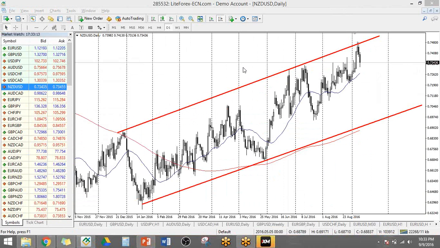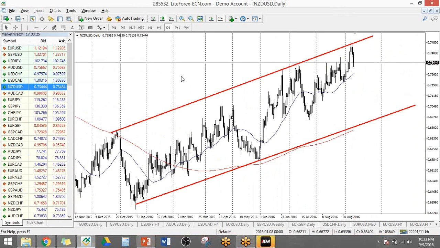So don't buy in the middle of the range. For example, you have this chart over here, which is your New Zealand dollar and US dollar. Okay, it's pretty much in the middle of the range right now, even though you say this one was your previous resistance. Right now it's bouncing there. Okay, that's all right. You can buy here short term if you want. But if you're looking at the whole daily chart, it's actually at the top right now. It's near your resistance.